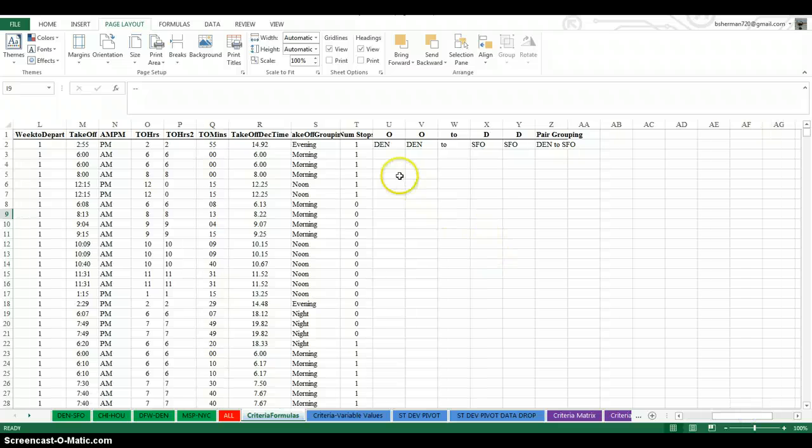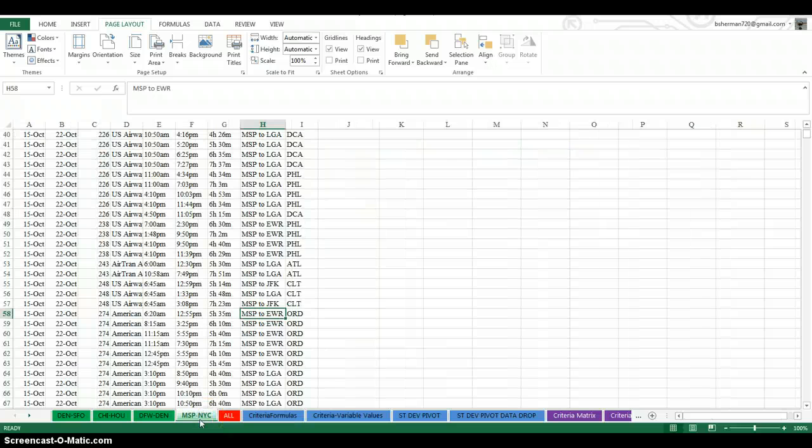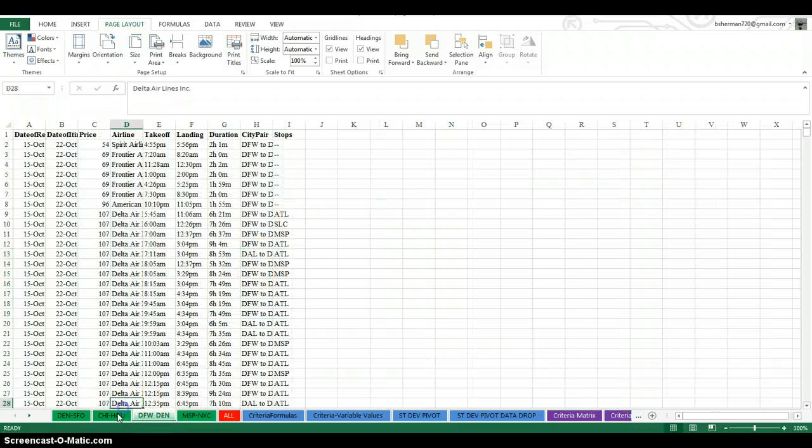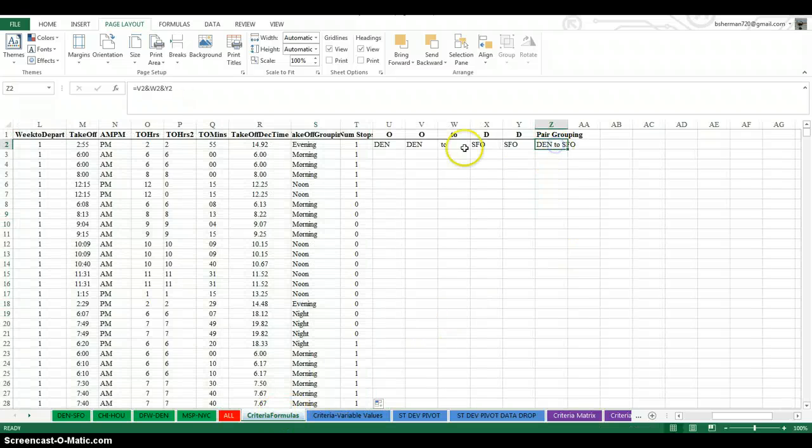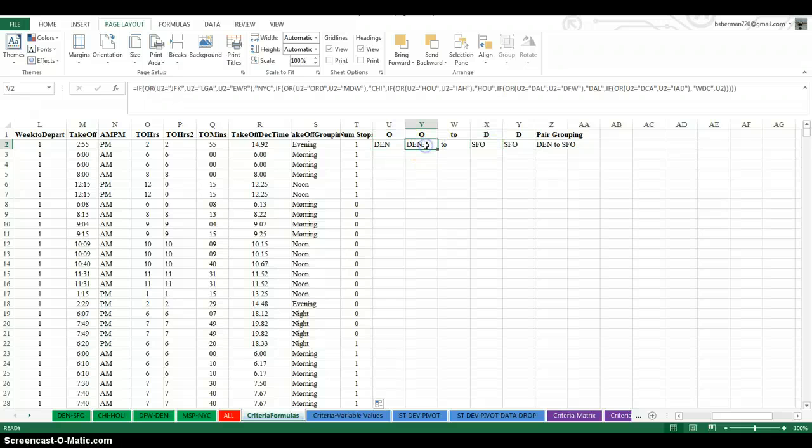This isn't necessarily a variable in itself, but for organization purposes, you notice that I had the Minnesota and New York City market, and I included all the airports, major airports in New York, so LaGuardia, JFK, and Newark. But because my market is just the city pair, not necessarily airport pair, I need to consolidate these different combinations of airports, all the ones for Dallas, the ones for Houston and Chicago. And the way I did that, I used this combination. So I split up the market. To the left, there's origin, destination, and then